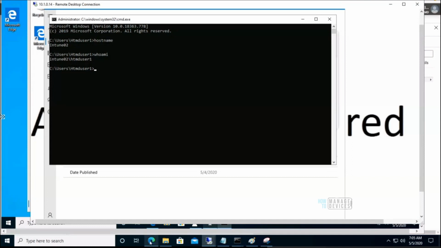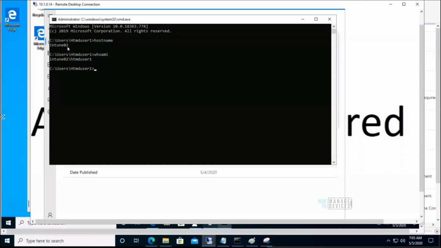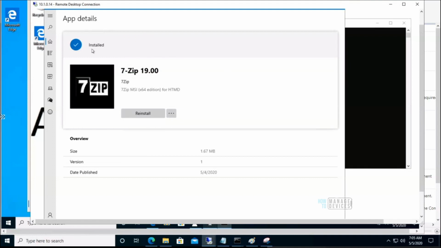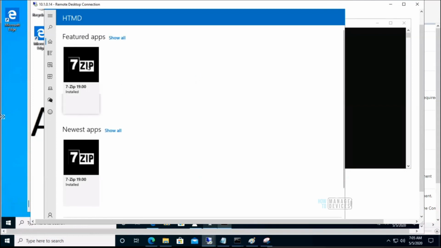Okay, on this machine I have already installed it. As you can see, it's already installed, and it is visible in the featured applications, because we selected the featured application checkbox while creating the application.